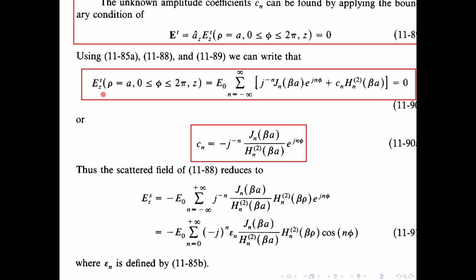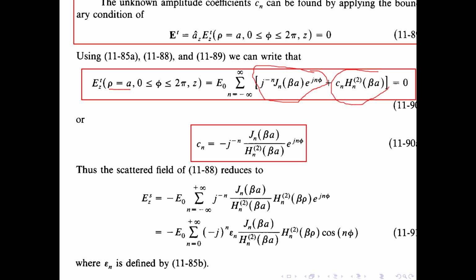Okay, so the tangent component of the total electric field, equal to the electric field itself at the surface evaluated at rho equal to A, which is the surface of the scatterer, is equal to 0. If we write the total field as the incident field plus the scatterer field,